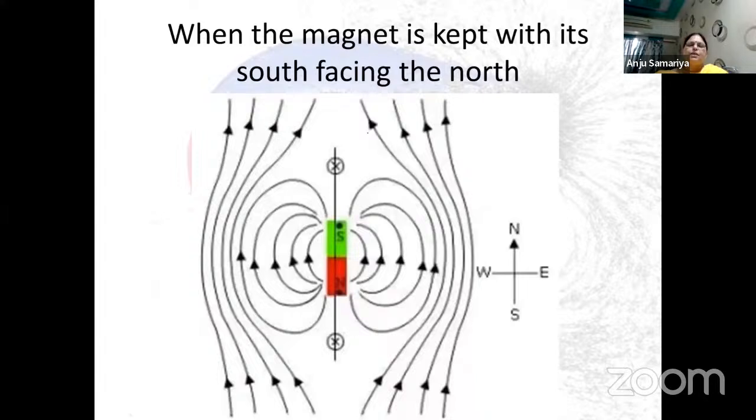Now, this is the condition when the south of the magnet is facing the south of the Earth's magnetism. Again, you have to draw lines. These are enough; you can draw only this much. And you see that the X and X, the neutral points, are along the axis. In the previous case, the neutral points were along the equator.